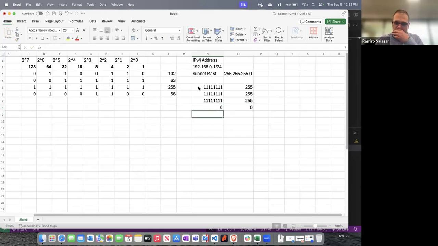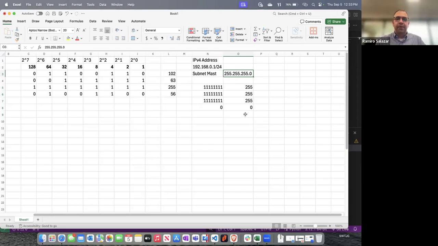Therefore, my subnet mask is 255.255.255.0. All of these 8 bits on these 3 rows are equal to 24 bits. So a CIDR notation of 24 bits is going to equal your subnet mask of